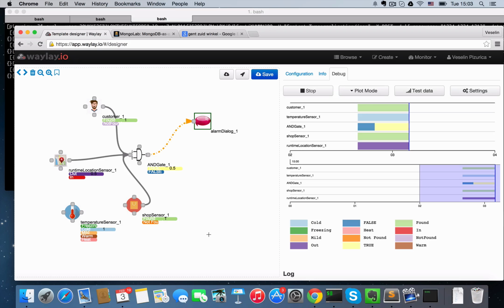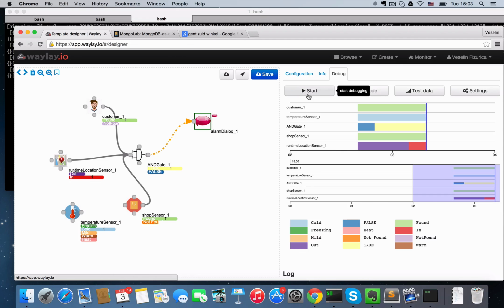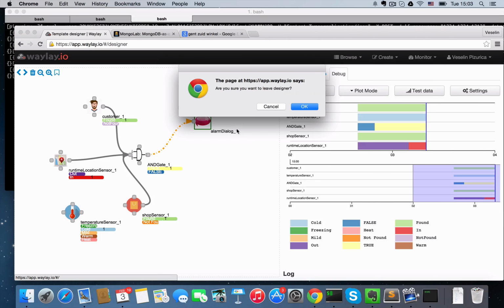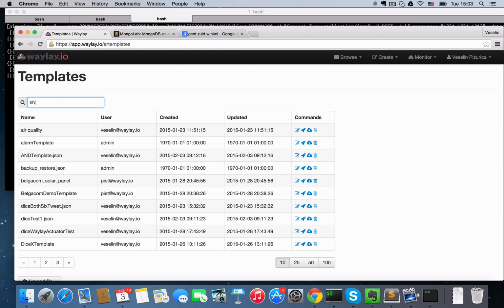let's see again, now it should, alright, so I get an item jacket because it is cold and I'm male, so I'm going to get a proposed item, the jacket. Now if I want to show you one more thing here is that I have saved this template